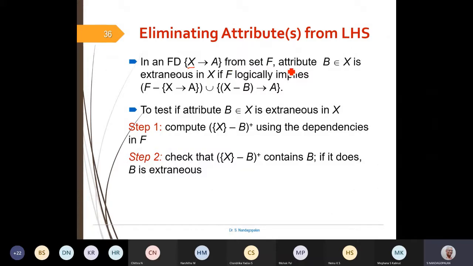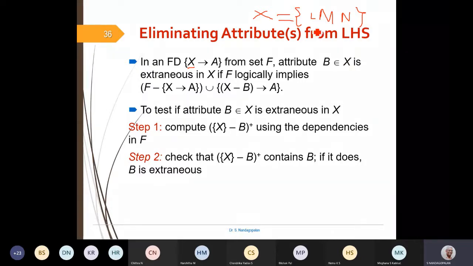Now from F, let's assume that some attribute from this set X, call it B, belongs to X. It could be three attributes which form X. We take them one by one, and each attribute I call B. So X is a set of attributes; I may have, say, L, M, N.